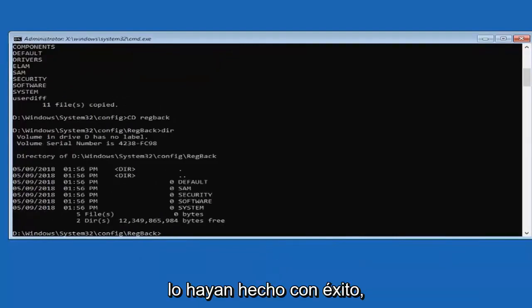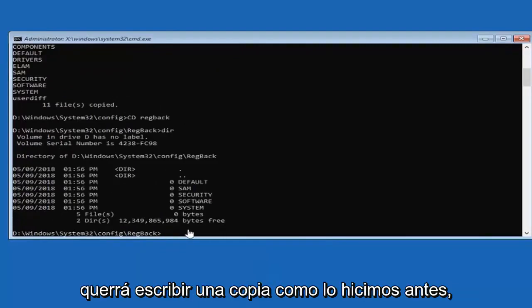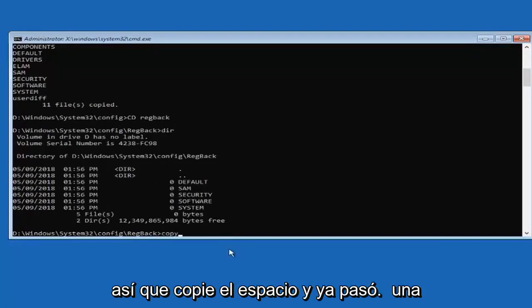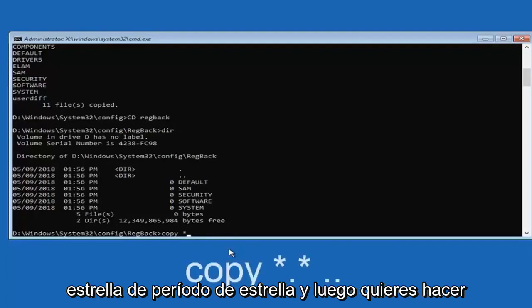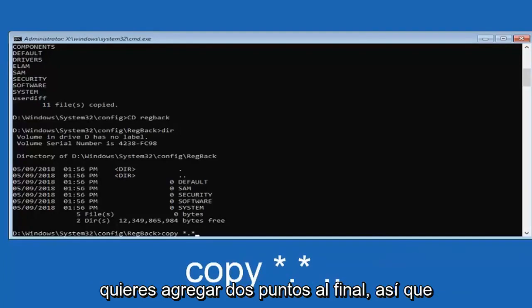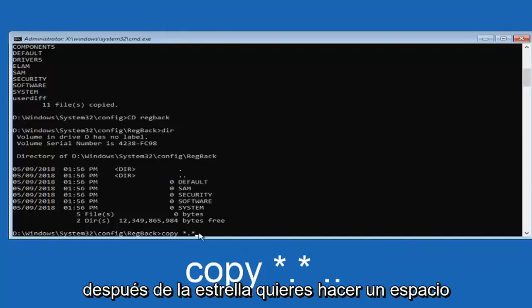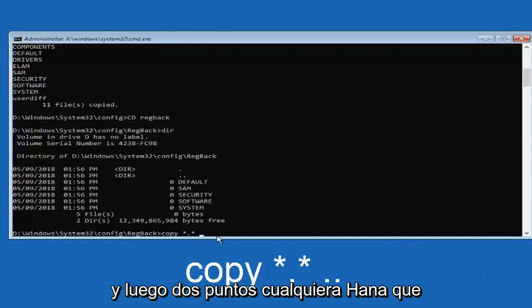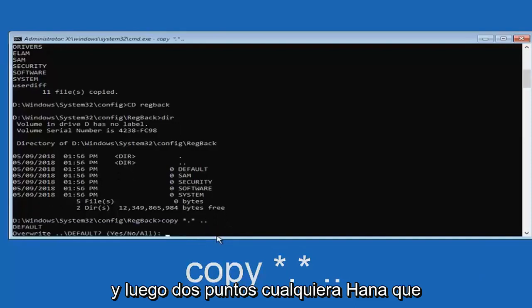Once you've done that successfully, type in copy like we did before: copy space, star, period, star, and then another space. Now add 2 dots at the end. So after the star, a space and then 2 dots. Then hit enter.